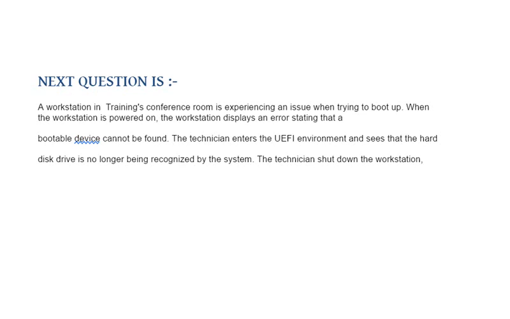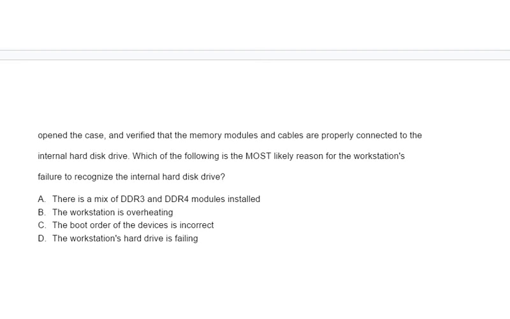Next question is, a workstation in training's conference room is experiencing an issue when trying to boot up. When the workstation is powered on, the workstation displays an error stating that a bootable device cannot be found. The technician enters the UEFI environment and sees that the hard disk drive is no longer being recognized by the system. The technician shut down the workstation,